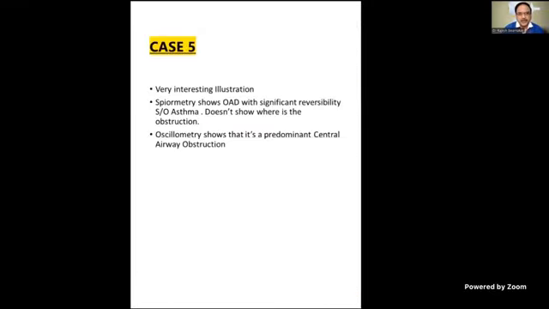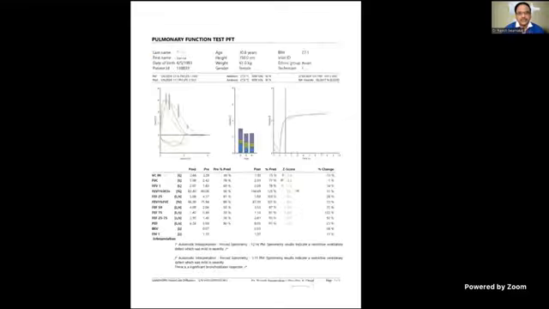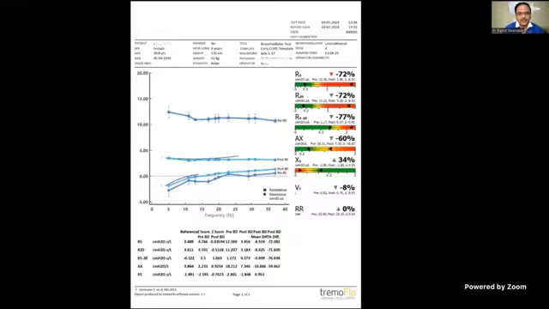This case is a very interesting illustration that spirometry shows obstructive disease with significant reversibility, which is suggestive of asthma. And this case I have taken to show that when you do spirometry, we don't know where the obstruction is, but here you can see that oscillometry clearly shows that it is actually a predominant central airway obstruction. Look at the curves. This is the spirometry, and this is the oscillometry, which shows actually resistance is affected much